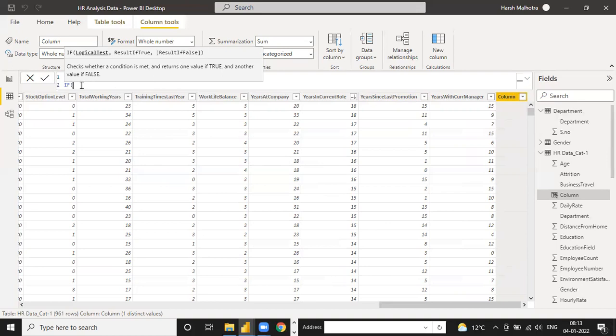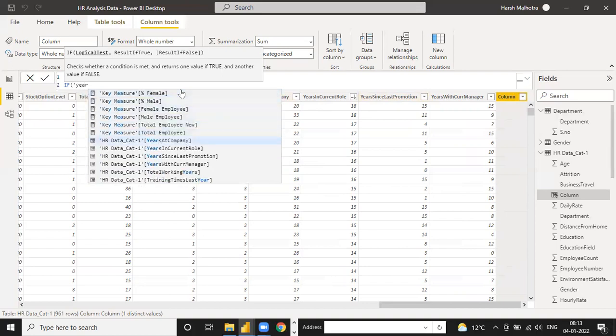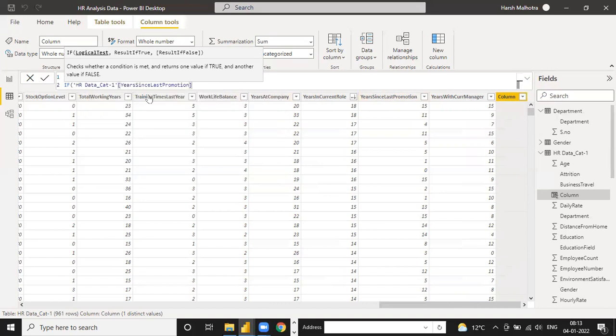So we give the condition: this column, years since last promotion. You can select years since last promotion, this one. If years since last promotion is greater than or equal to 10, this one is a condition under the logical test.